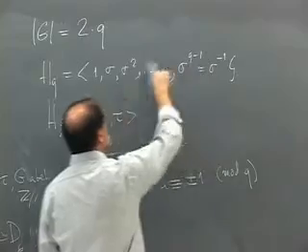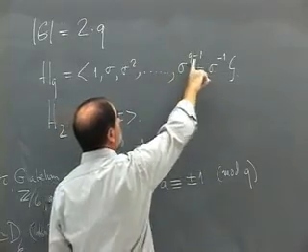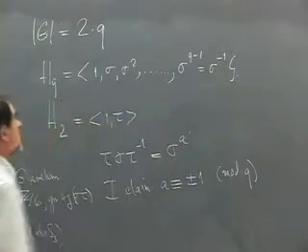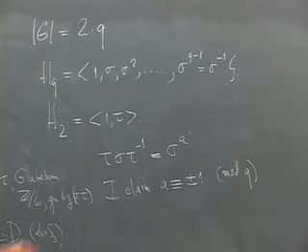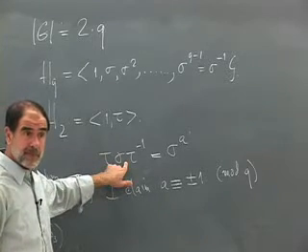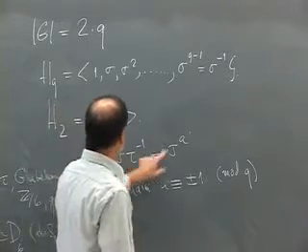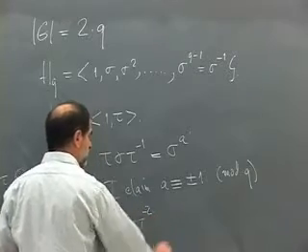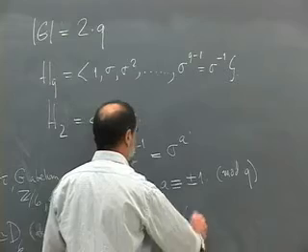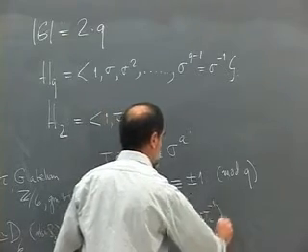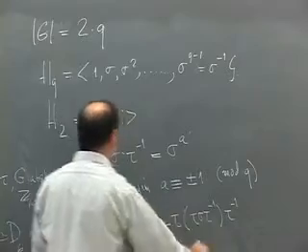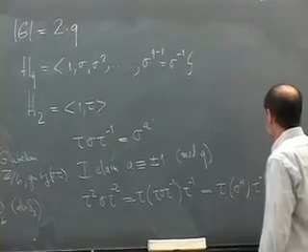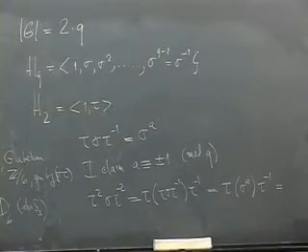Because if you think of these powers, it only matters what the power is mod q. Q minus 1 is congruent to minus 1 mod q, so this would be the same as sigma to the q plus 2 power, because sigma to the q is the identity. And the reason is, do this twice. If tau sigma tau inverse is sigma to the a, then what about tau squared sigma tau to the minus 2? Well, that is tau of tau sigma tau inverse. This is supposed to be sigma to the a. So it's tau of sigma to the a tau inverse, which is the same thing as